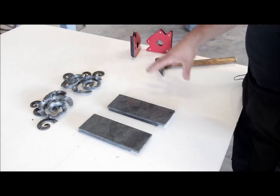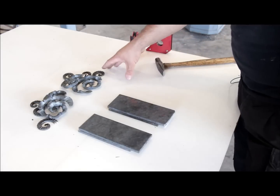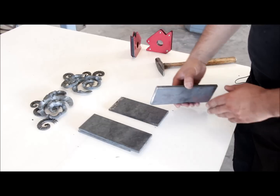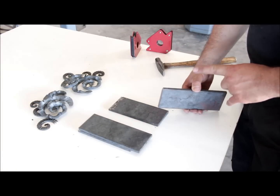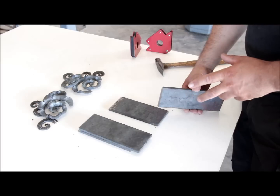After I'm done with the forging, I pre-fitted all the scroll work and cut everything to length. I also cut the pieces of the base to length, and the next step is the assembly. I'm going to use the stick welder to weld everything together,